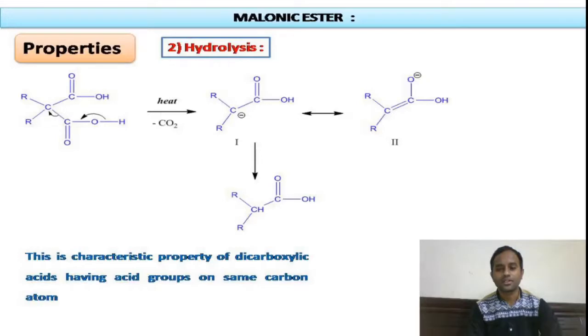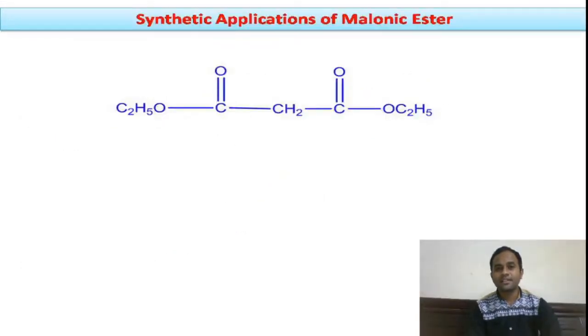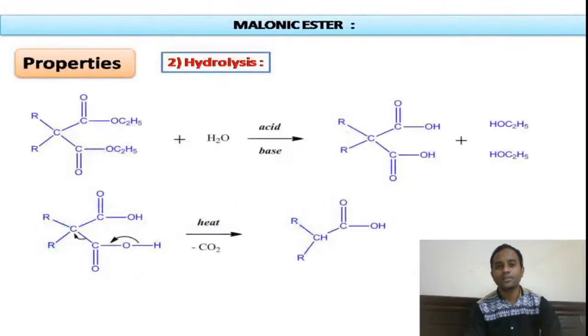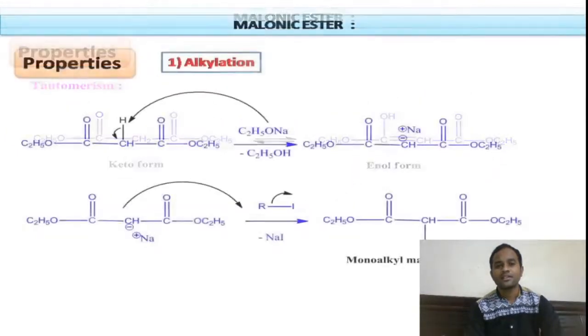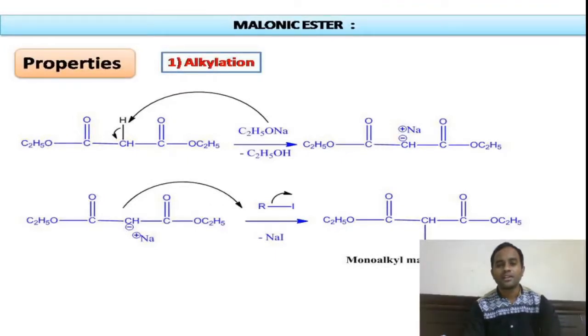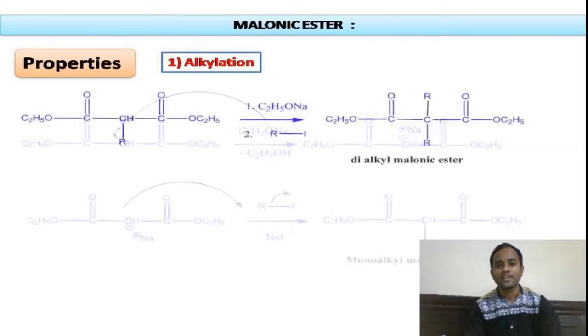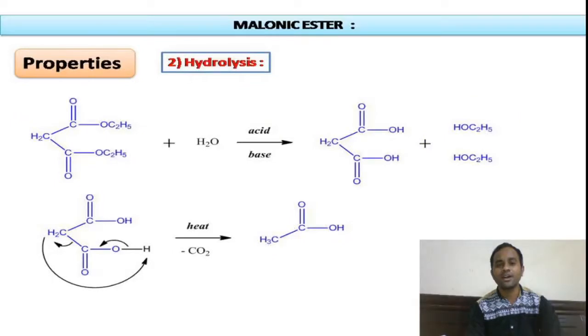as the product, right? Its synthetic application is mainly due to two types of reactions. One, we have already seen, is that due to the presence of the active methylene group, it can easily undergo alkylation when we subject this malonic ester to the base followed by alkyl halide. This is the reaction. And the second one is that this malonic ester will undergo hydrolysis to form monocarboxylic acids.